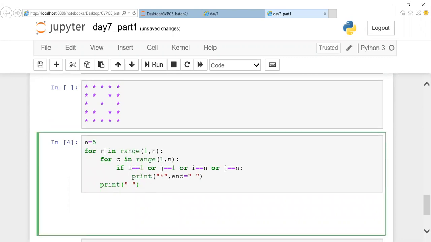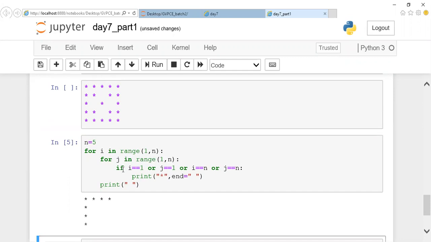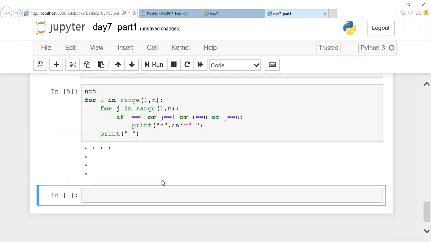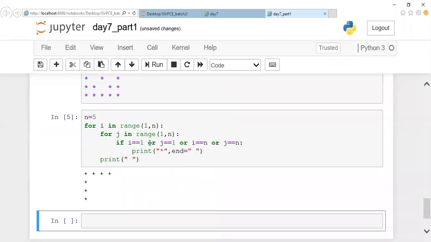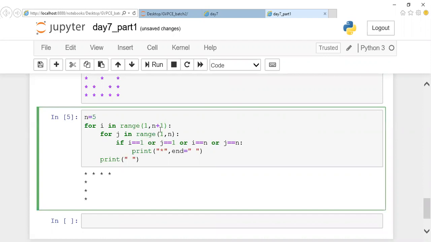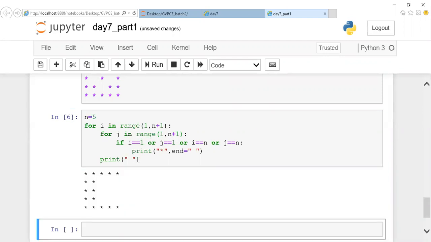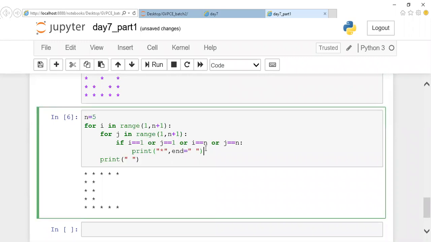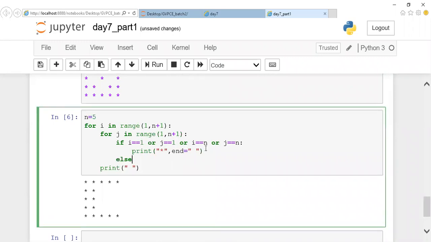Here there is no i j, right? Sorry guys, by looking at your answers, I too mentioned i j. It should be row and column. Let me modify i j as row column. Why is this happening? Just a minute. We are starting with one only, right? It should be n plus 1. That is the reason. We didn't mention n plus 1. It should be n plus 1. And the else part, I'll place the else part here, guys.